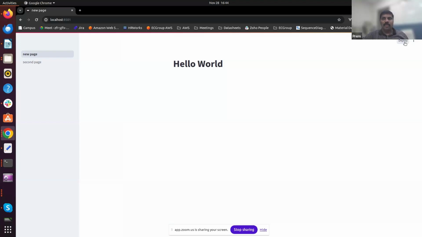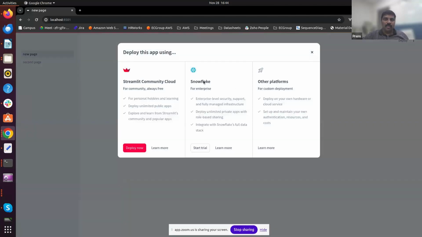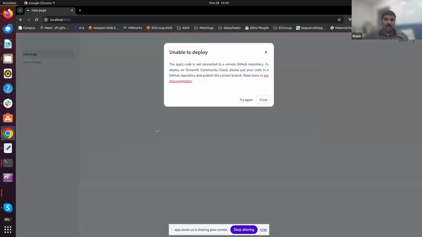So if you are planning to deploy this, you should create a Git repository and have this project inside the Git repository. Then you should be able to do that. If you click on deploy, you will get three different options. Let's say you use the free one and click deploy, which is unable to deploy because your code is not in the GitHub repository. So you can just create a Git repository, add your code, and then